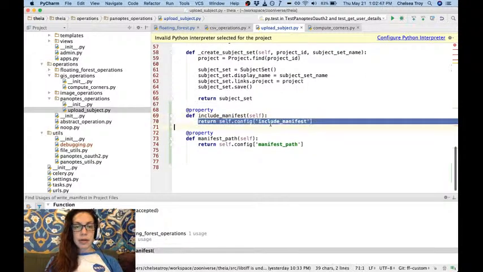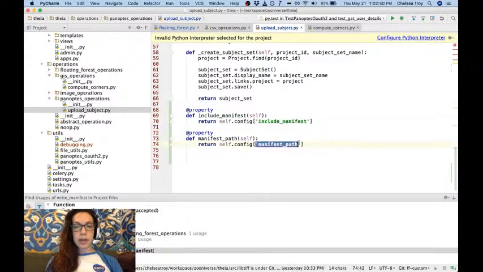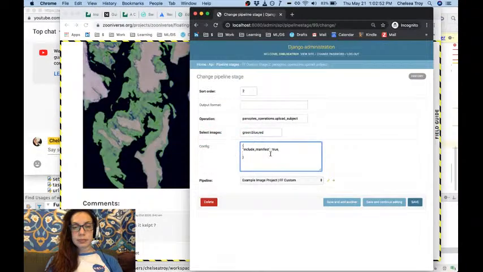We might need to include a check for if that's there. And then the manifest path is going to be